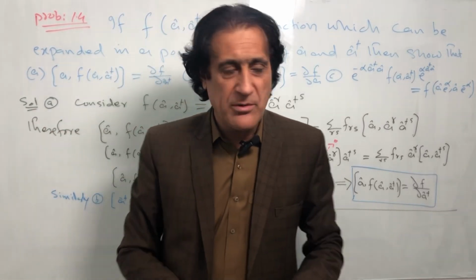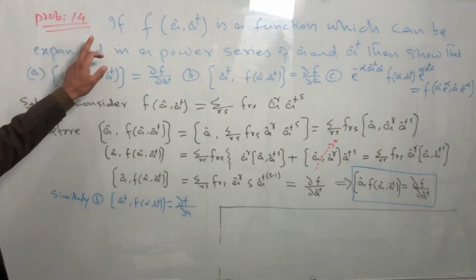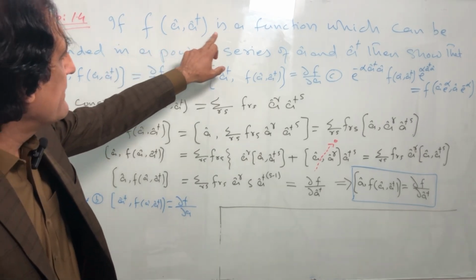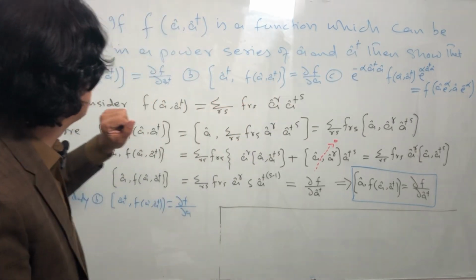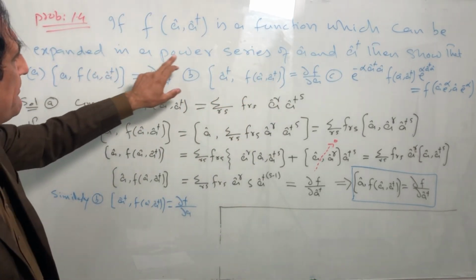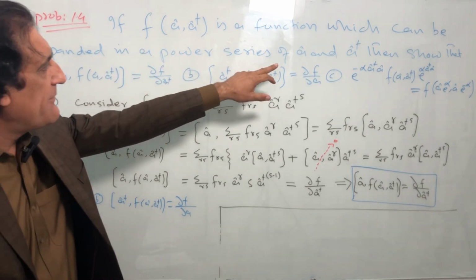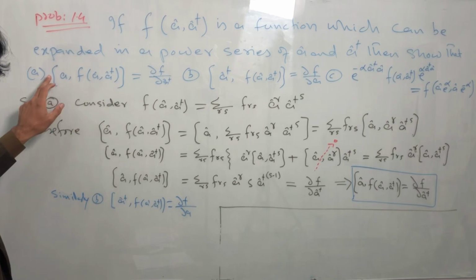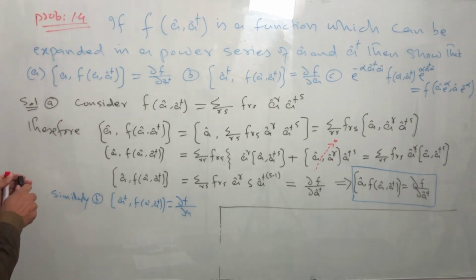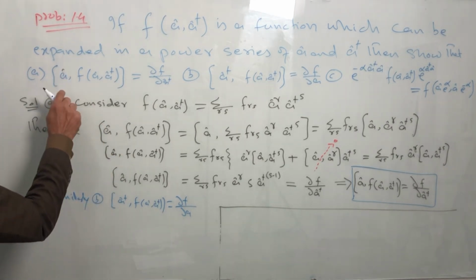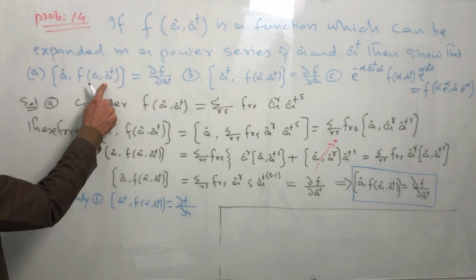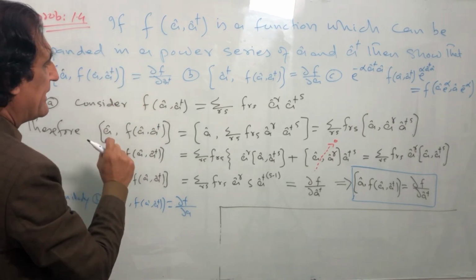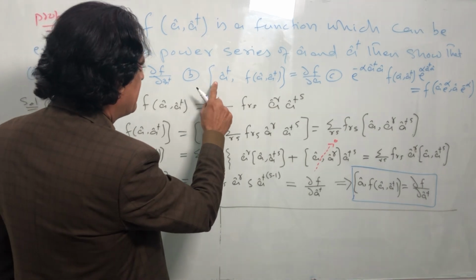This is problem number 1.4. If f of a, a dagger is a function which can be expanded in a power series of a and a dagger, then show that the commutation of the annihilation operator a and this function is equal to partial f divided by partial a dagger, and the second part is